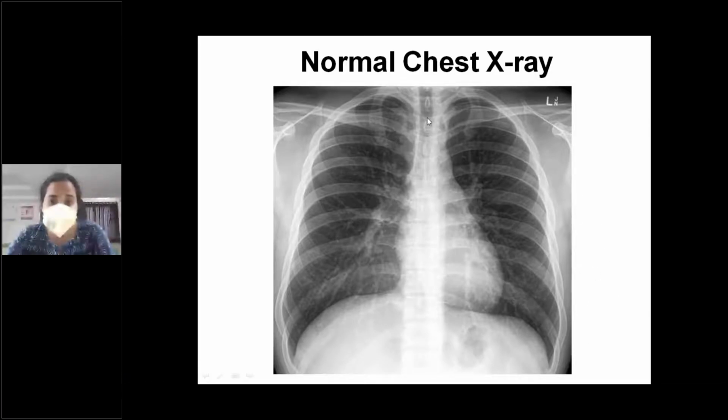Okay. So this is a normal chest X-ray. It is very well centered. These are the spinous processes. When you draw a line and to the medial ends of the clavicle, the medial ends of the clavicle are equidistant from this interspinous line, and the lung fields are very clear. These are the normal bronchovascular markings. In a normal chest radiograph, the bronchovascular markings are not usually visualized in the peripheral 1/3 of the X-ray.